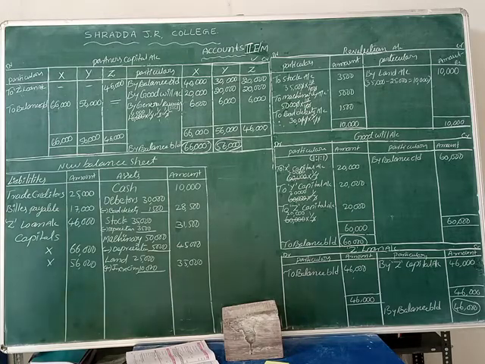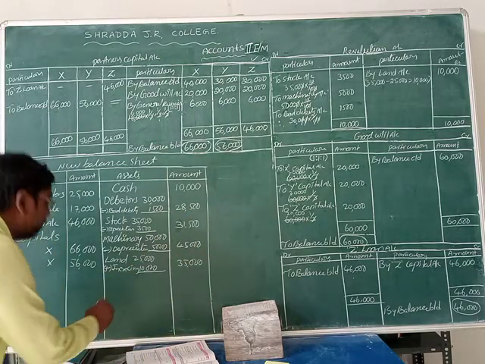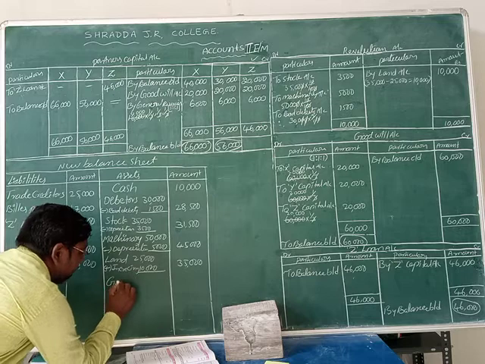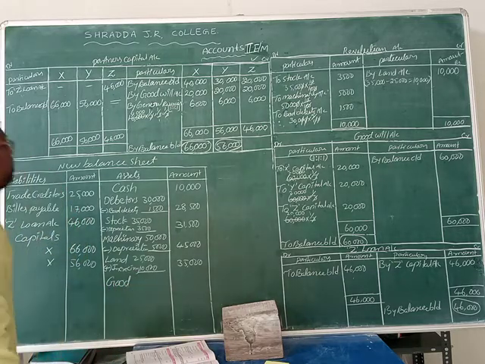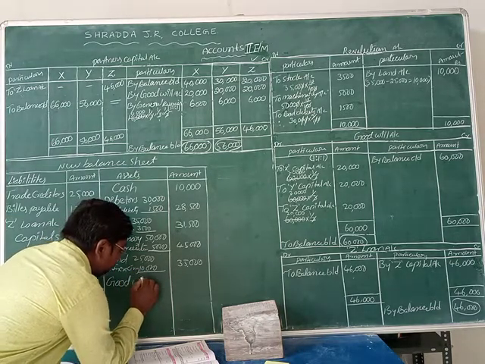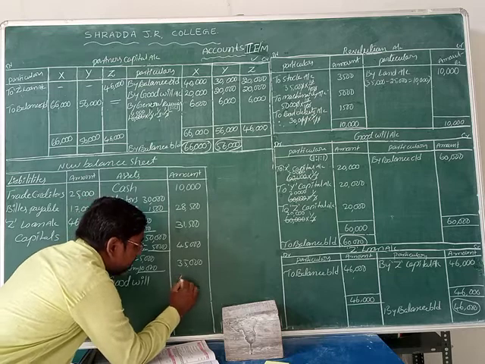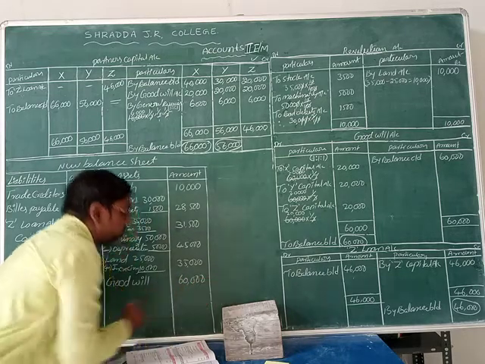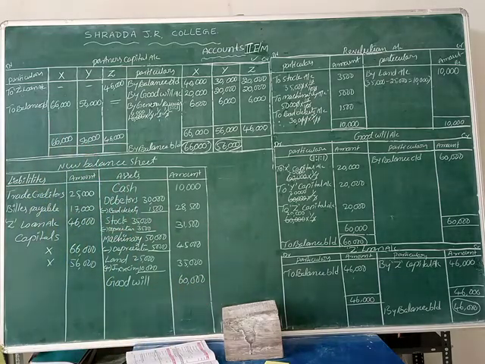Okay, and finally we can take the goodwill. Goodwill we can create now. That's why I created goodwill. We can record it in the balance sheet. Okay now, goodwill. So what is the goodwill amount? 60,000 rupees. Goodwill amount is 60,000. Now the total assets we can record on the asset side, friends.